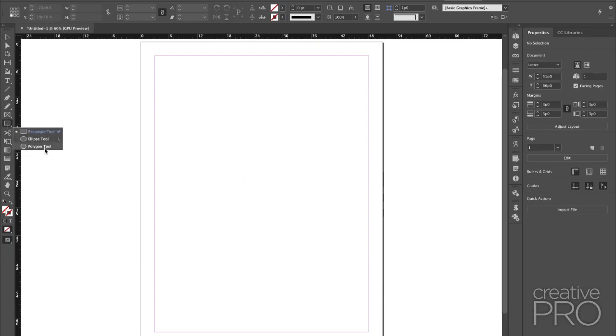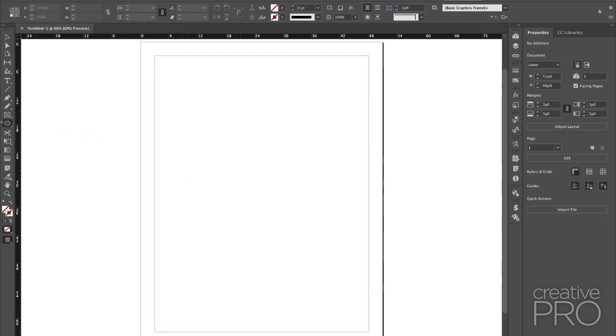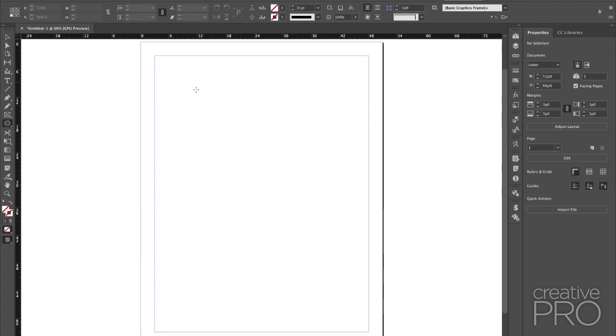Under these frame tools is the polygon tool, right? And the polygon tool normally gives you hexagons, which nobody needs at all, as far as I can tell, except for beekeepers who are drawing out hives. That's true. Good point. Beekeepers need that. The rest of us need other kinds of polygons. So once you have a polygon, you can double click on it to set its options. So now I'll just say, let's give 11 sides and a 20% inset. Now I've got kind of a starburst, right?